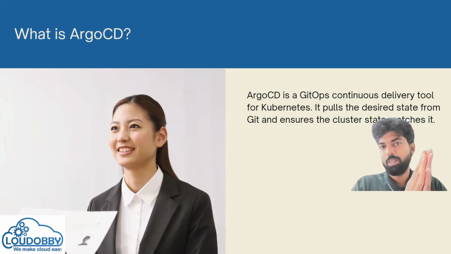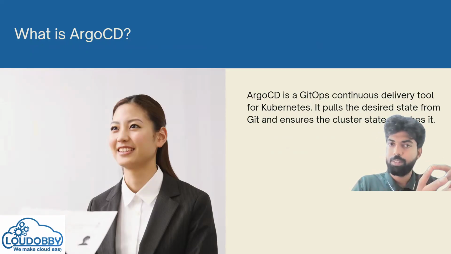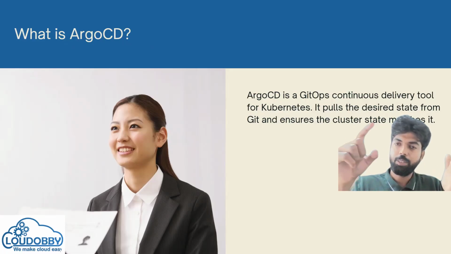Ideally, what happens? We have a Git repository in GitLab or Bitbucket. ArgoCD will talk to the YAML file in your Git repo. Say, for example, you make some changes. ArgoCD will continuously monitor this particular Git file, and whatever you change here, ArgoCD will fetch it and apply it in Kubernetes. So you need not log into Kubernetes and change something in the YAML file, which is what ArgoCD is doing.